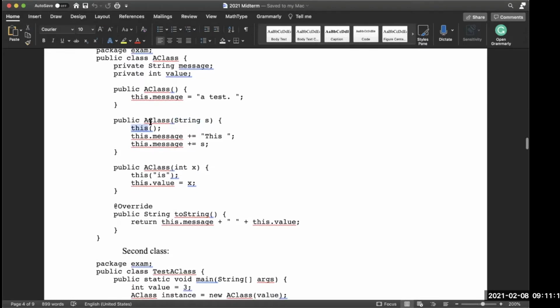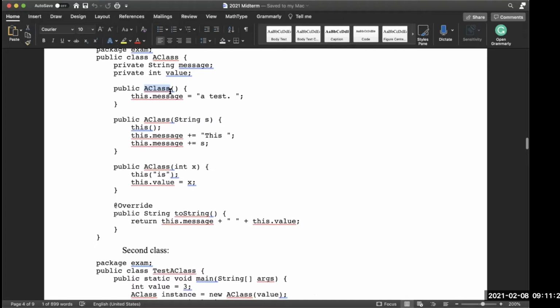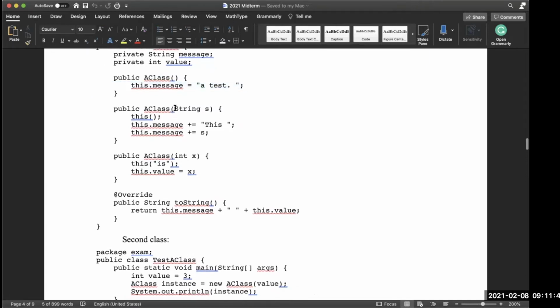This immediately calls this with no arguments, which invokes this constructor. And what this constructor does, now notice that this is an instance variable message, is set the instance variable message to "a test." with a space. Okay, so that happens. Then it returns from that,